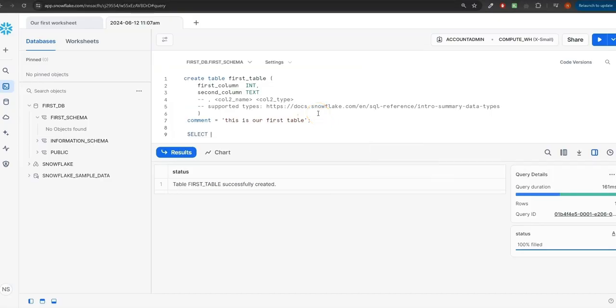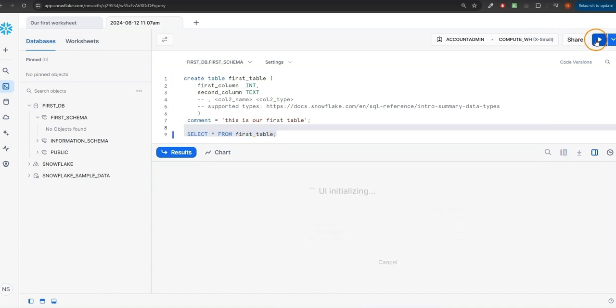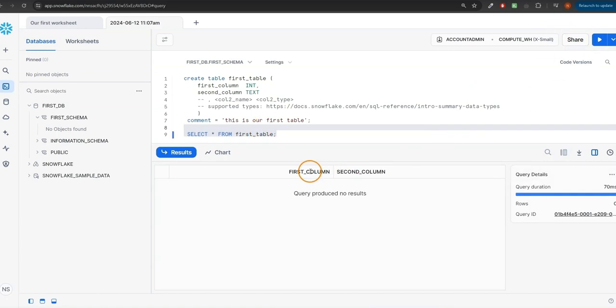And if I now run something like select star from this table, first table, we can use autocomplete, and then I just select this command, I execute it, I can run the query, I can see those columns, but there is currently no data, okay? So, of course, this was an overview and this was already a lot, so hope this gave you the first impression of how we can use the interface, how we can create tables and schemas, and of course, now step by step, we want